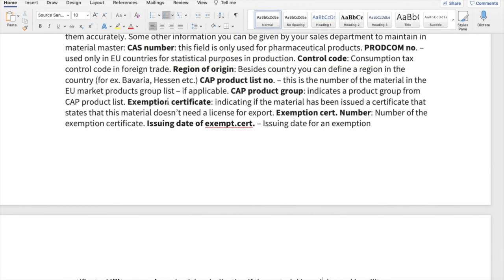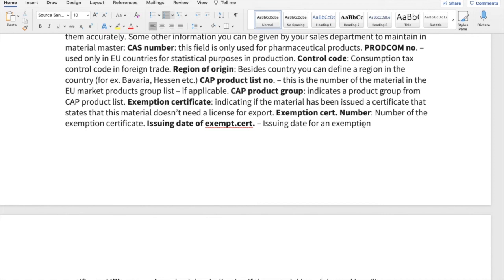Some items may have the exemption certificate. So if the certificate is mentioned there, you may not need a license for export. Automatically you can export. So you can maintain the information here, exemption certificate. In that case, you are allowed to enter the exemption certificate number.